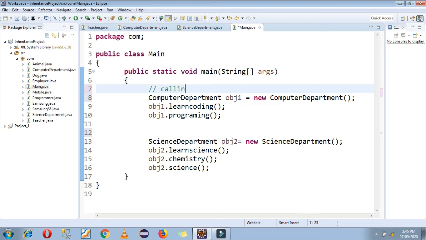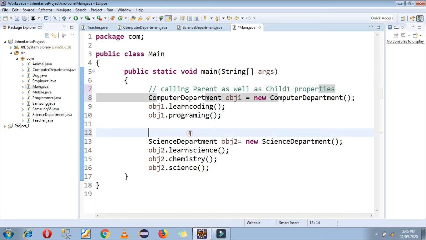So here I am calling parent as well as child 1 properties. Here I am calling parent and child 2 properties.